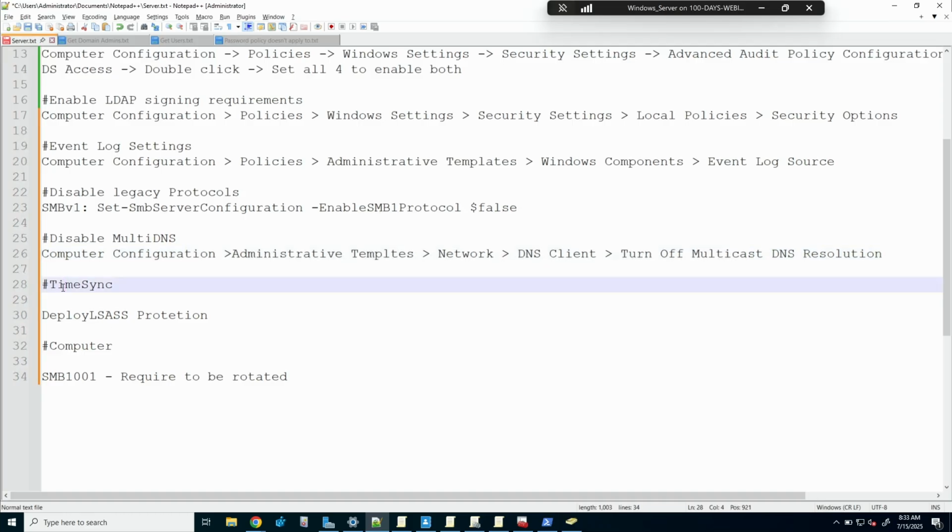Time sync. You should have your clock synced. It's actually a big problem because we see quite often attackers trying to change the time to change the policy. So we actually had a problem with ThreatLocker in the early days where you'd have a maintenance period and they'd set the clock back to the maintenance period. Can't do that anymore, by the way. But we'll often see clocks in the future.